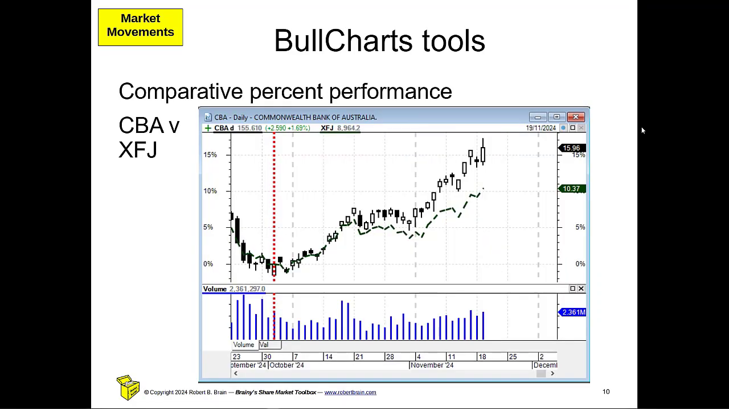Let's move on and have a look at the comparative percent performance. Now, we did look at this once before, but it was probably a couple of years ago. But having said that, it was probably pre-COVID, which is now 4 years in the past. This sample chart is Commonwealth Bank, that's obvious. And this is comparative percent performance of CBA versus the financials index, or the sector, if you like, out of